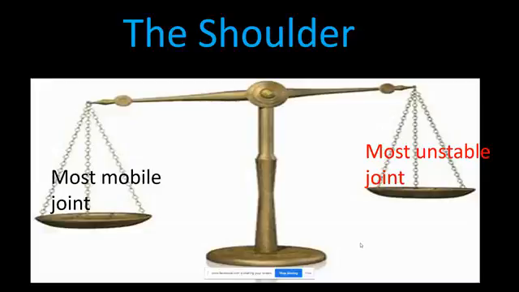Okay, so going back to kind of the knee example, the knee is a pretty stable joint, okay, and it only has, like I said, the flexion and extension movements. The shoulder can move in many planes and many degrees of movement, but what comes with that is instability.